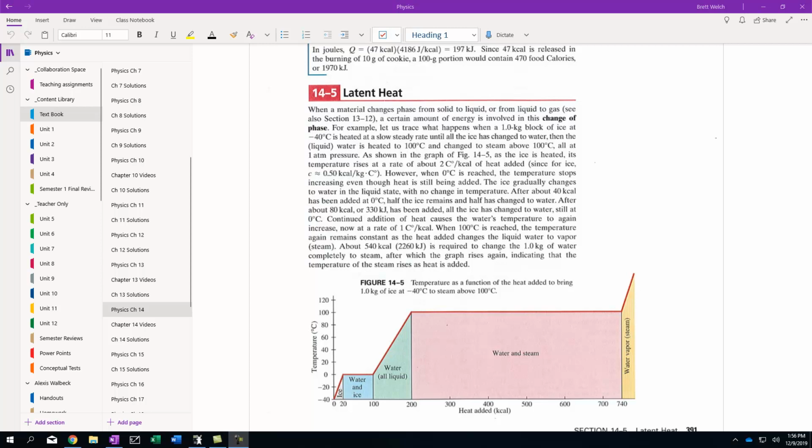Okay, so this is help for chapter 14.5 through really the end of the chapter. What we're going to start talking about is latent heat. It's the first thing we're going to talk about. And this is essentially the amount of energy or heat that has to be added to a system in order